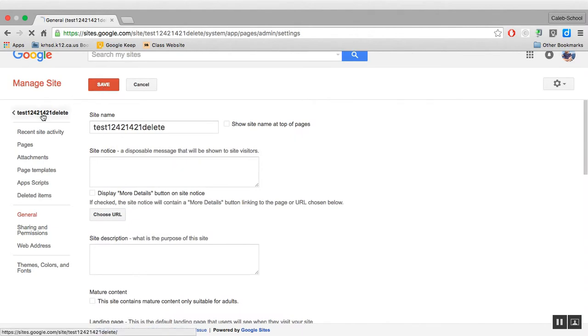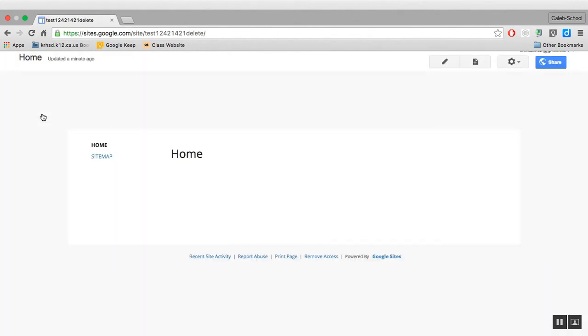Alright, I should have saved it. Let's look. There we go. I've cleaned it up, so there's nothing up at the top. This is where our banner is going to go eventually, but for now, I'm just going to leave it blank. And here's our home page. With the home page, this is where if I click this pencil,